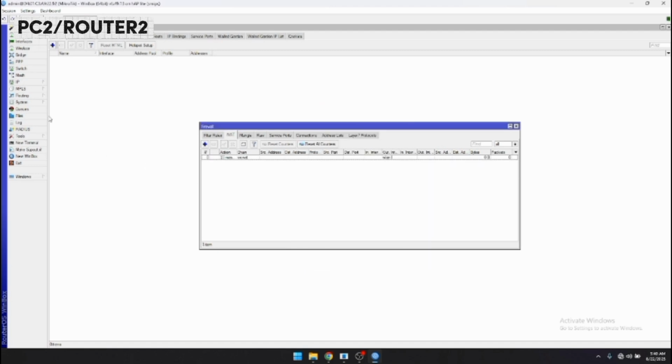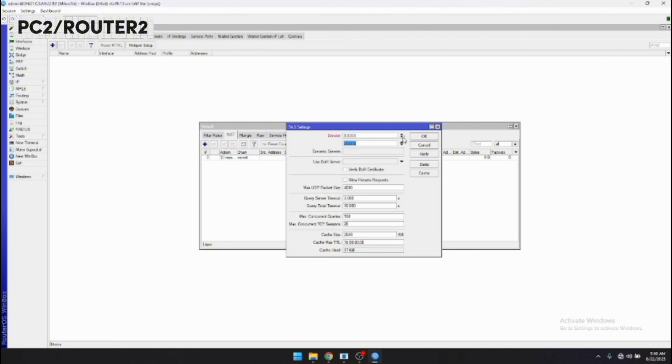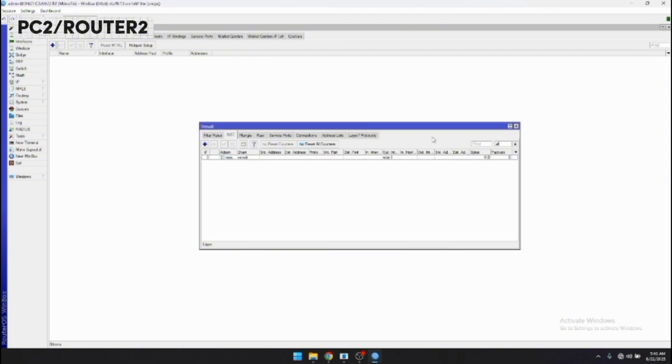After this apply and okay. After this you go to DNS to add the Google IP, 8.8.8.8. After this you apply and okay.